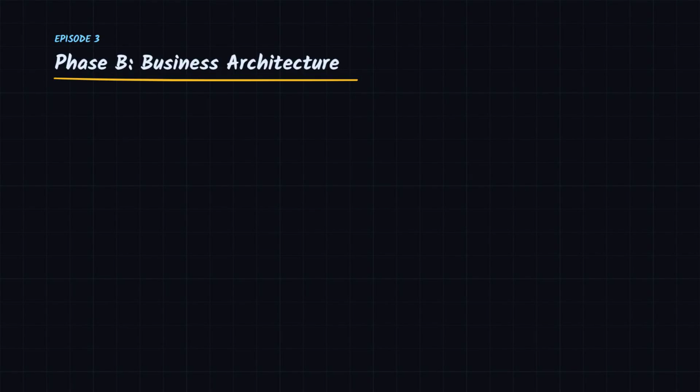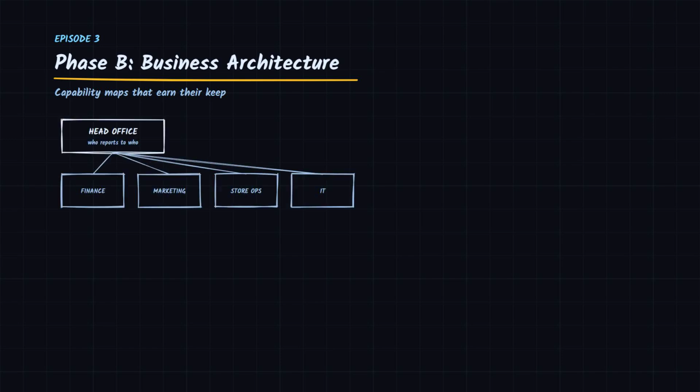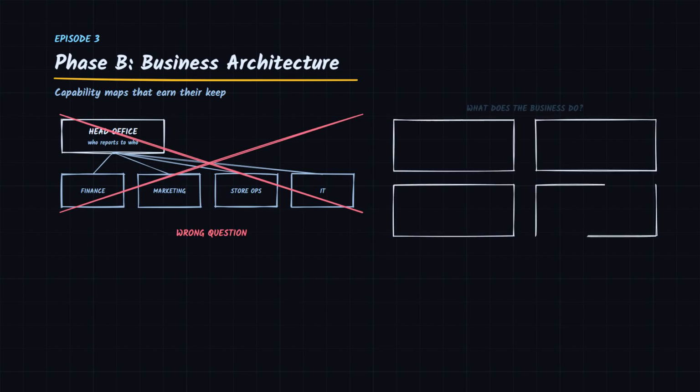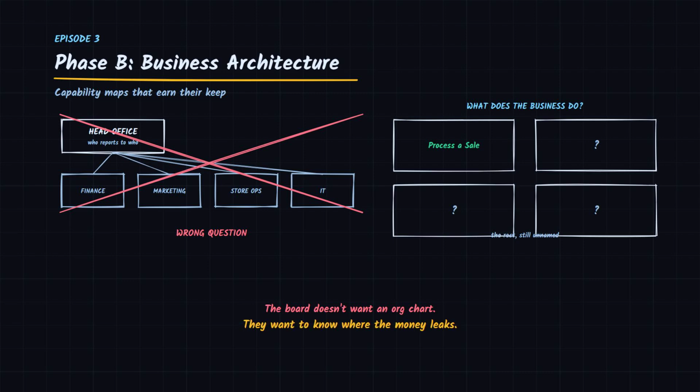The board doesn't want an org chart. They want to know where the money leaks. So Phase B starts with a question nobody in the kickoff actually asked out loud. What does this business do? Not who reports to who. Not which system runs what. It does as a set of capabilities, and which of those capabilities are quietly bleeding